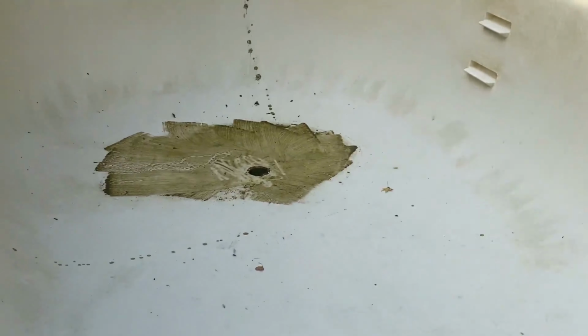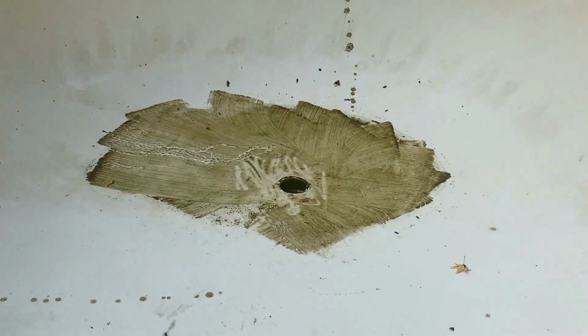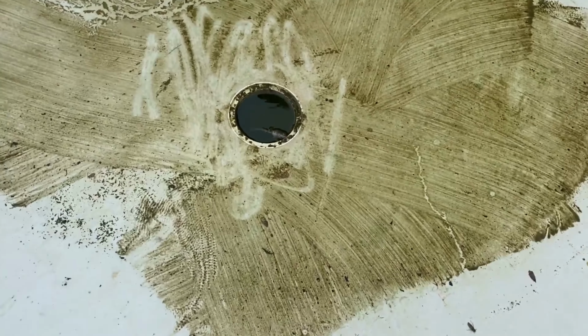Alright, so status update. Got more of the water out of the pool. Got it down to pretty much just this little bit on the floor. I got a pressure wash. Getting this last little bit of water out of here was kind of a...